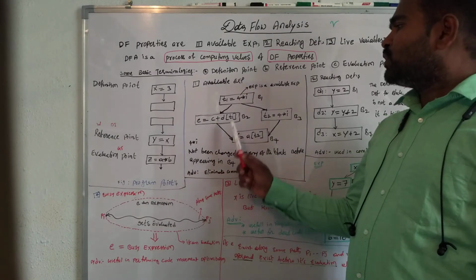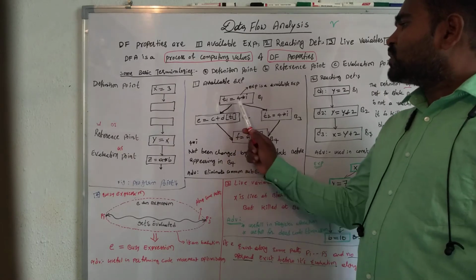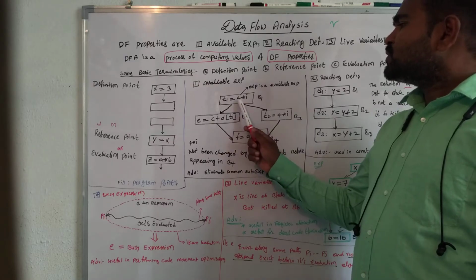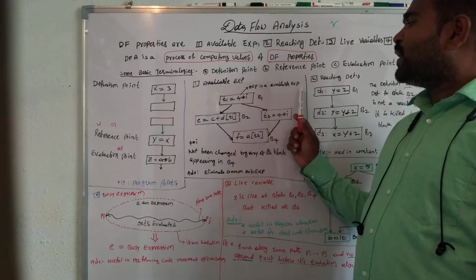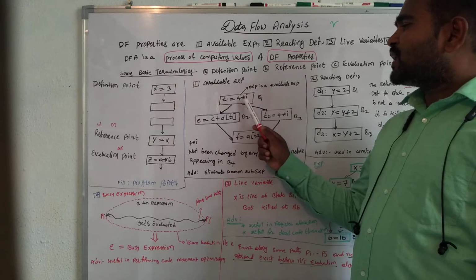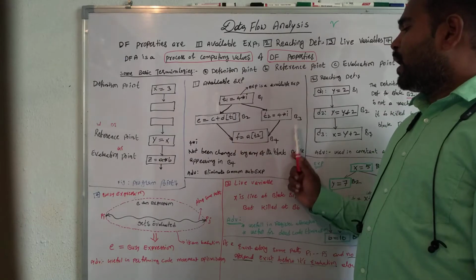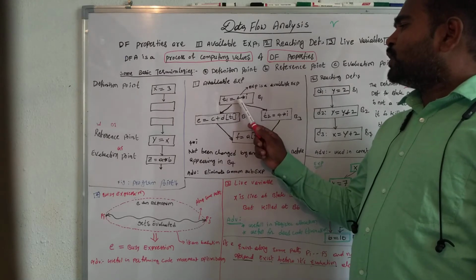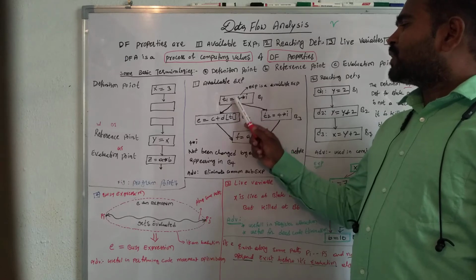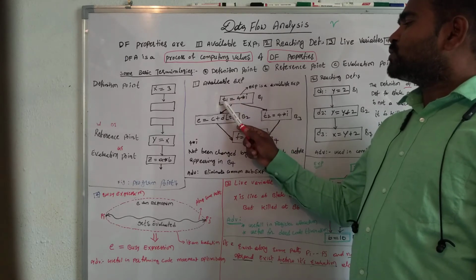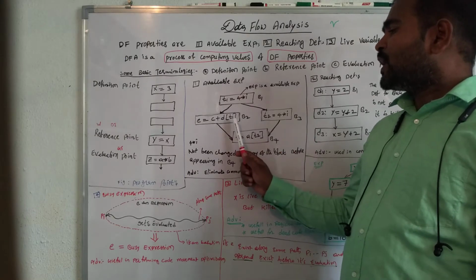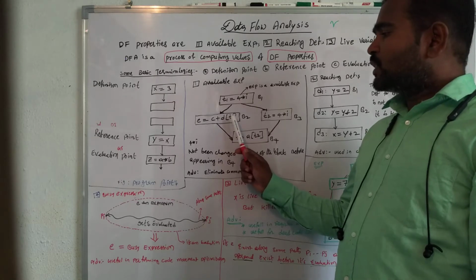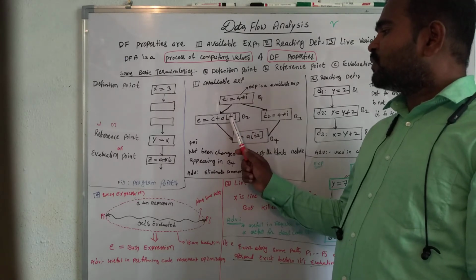For example, suppose t1 equals 4 into i. In this case, the expression 4 into i is an available expression. This expression is available in block 2, block 3 and block 4. Why? Because the expression 4 into i is evaluated and the resultant value is assigned to the t1 location. So the t1 content is involved here, in the subscript locations. That is why this expression is involved here also.